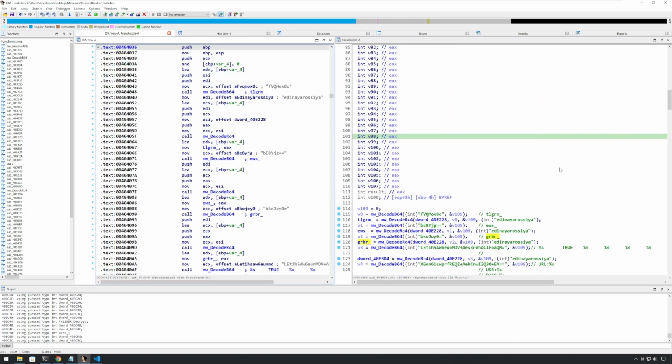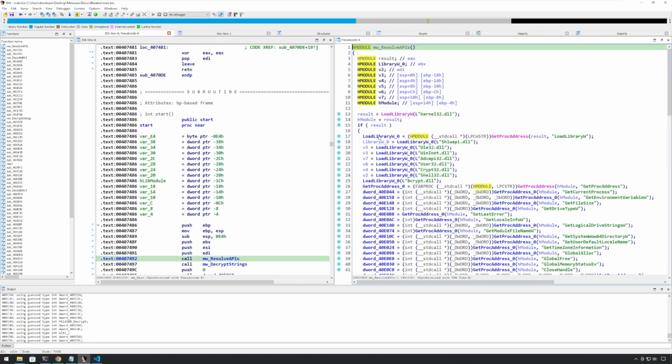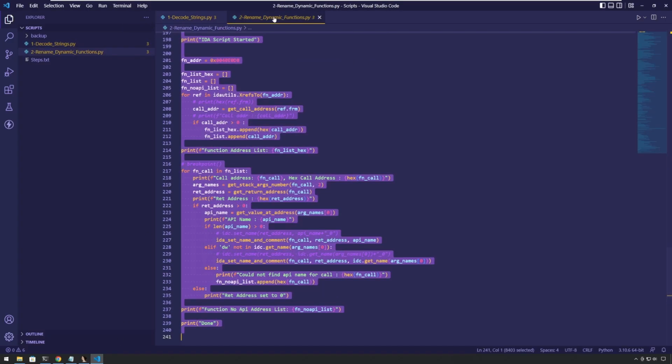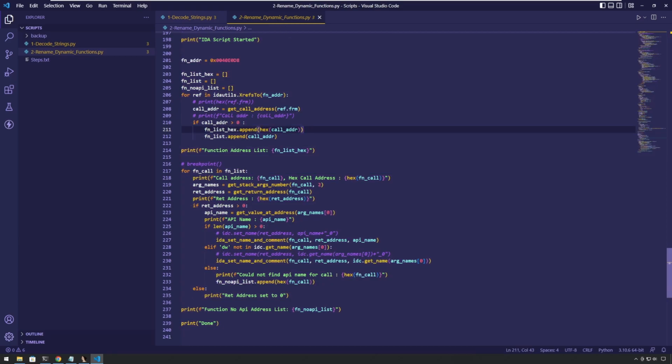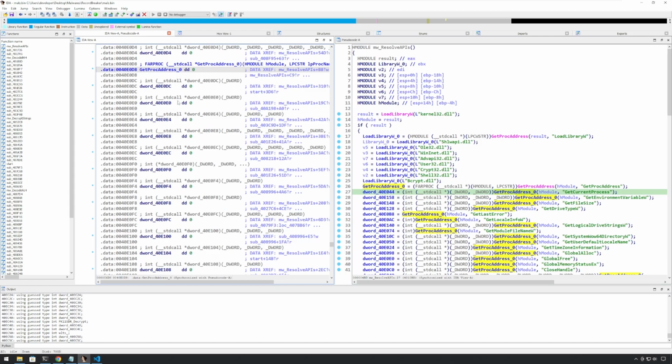Okay. Now the second script that we are going to run is actually going to be resolving the APIs. Let me first rename this to mw_decrypt strings. And now let's go and look at the resolve APIs function and look at the script as well. If you look at this script, we have this address, which is the address of the get proc address 0. This one,